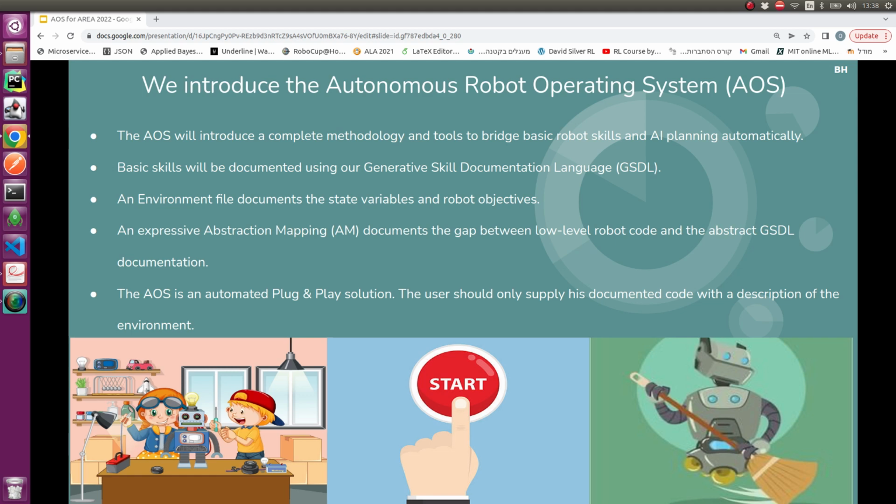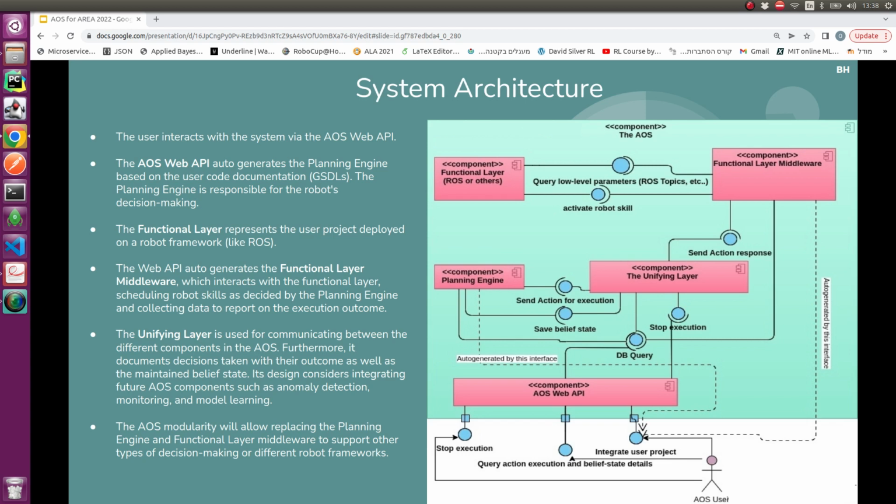So let's look at our architecture very shortly. What we expose is a web API. The users can send HTTP requests to integrate their code, and also after the system is running, they can query about the inner state of the system and perform other actions to control the robot, like shutting it down. And once a user requests to integrate his documented code, we add the code to the planning engine based on the model described in his documentation. The planning engine decides which skill to activate,